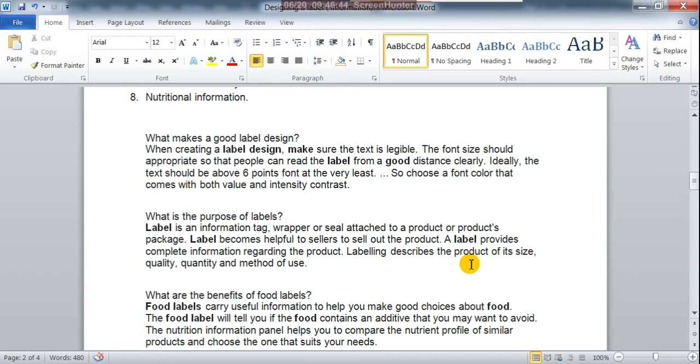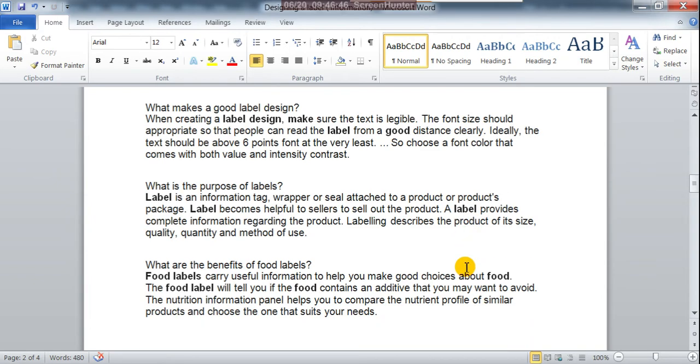Then what are the benefits of food labels? Food labels carry useful information to help you make good choices about food. By seeing the nutritional information, expiry dates and the brand name, you can make your own choice and choose your own product.